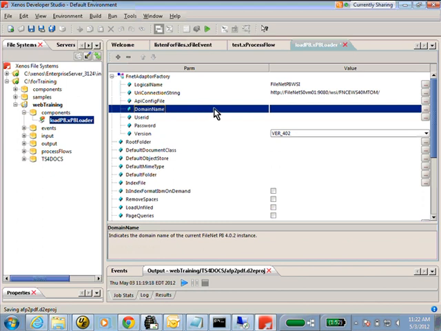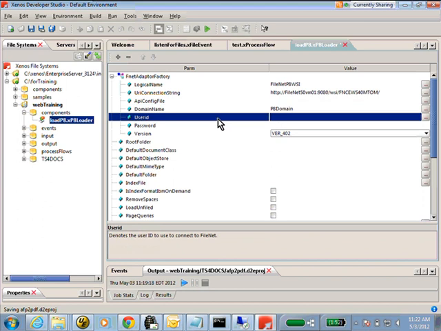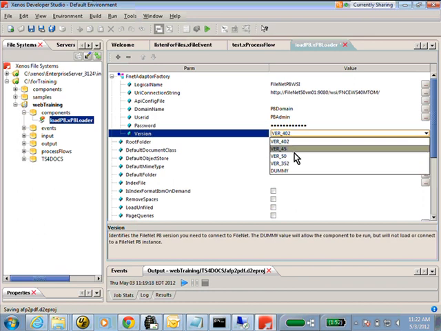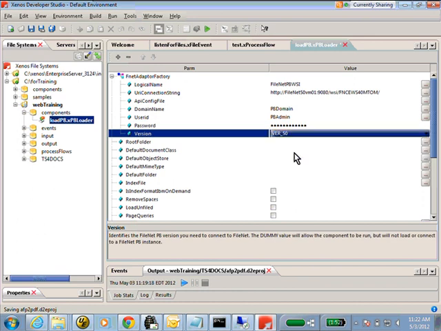Now for the domain, this is set up within FileNet itself. I'm going to point it to P8 domain, and of course a username and password, so that we can actually log into this system. In our particular case, it's P8 admin and IBM FileNet P8 as the password. Yours is going to be different, hopefully a little bit more secure than ours. We're just going to give this a version of 5.0.